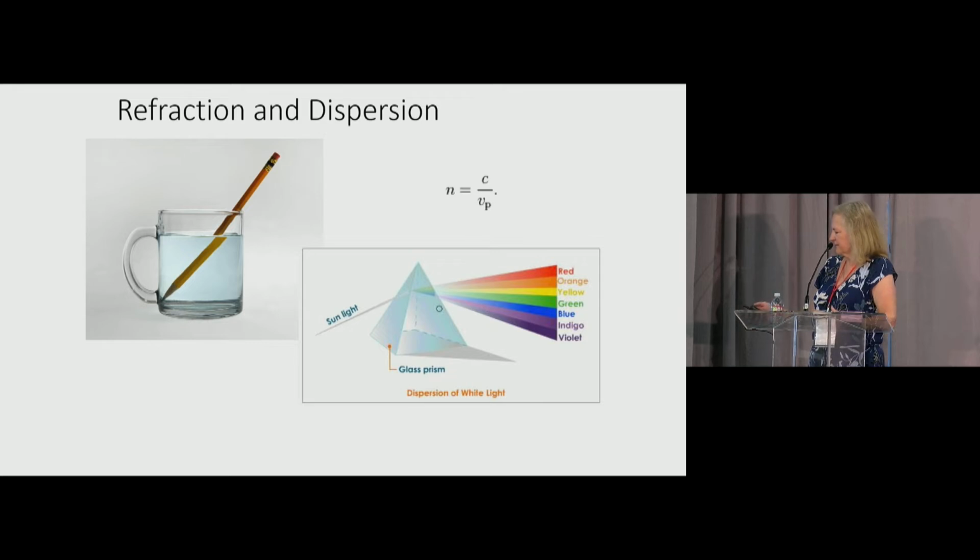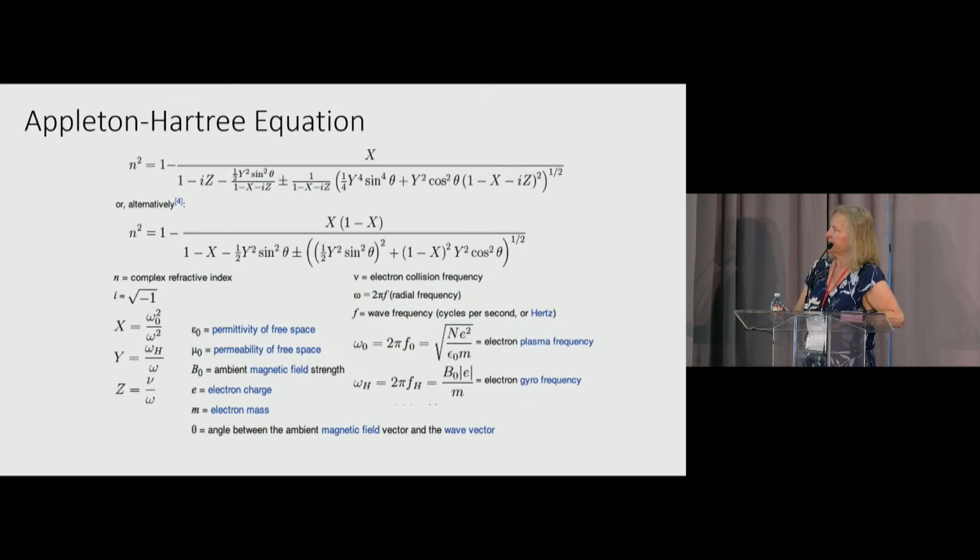So I want you to pay attention to this, because you're going to see this a lot going forward. This is the index of refraction, the Appleton-Hartree equation for the ionosphere. This is in its full glory. You don't really have to work with this full thing, but you should know about it. Actually, for GPS or GNSS signals, you can ignore pretty much everything, but be aware that you are making approximations. You're left with n squared equals 1 minus X, and that X is the ratio of the plasma frequency to the angular frequency.